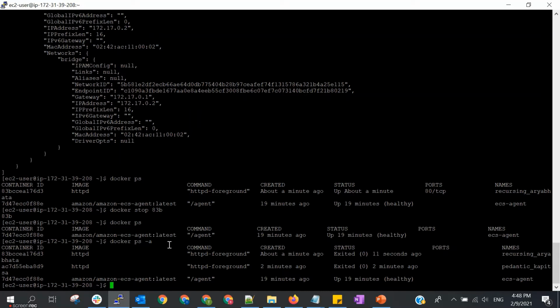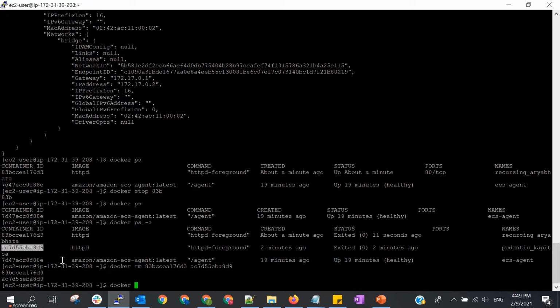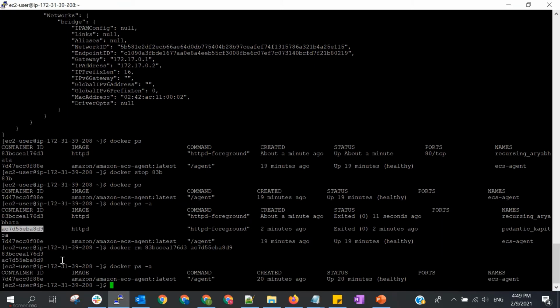Okay, if we want to remove this stopped one, we can use docker rm and then the container. So if we run the command docker ps -a again, even the stopped one has been removed using docker rm.